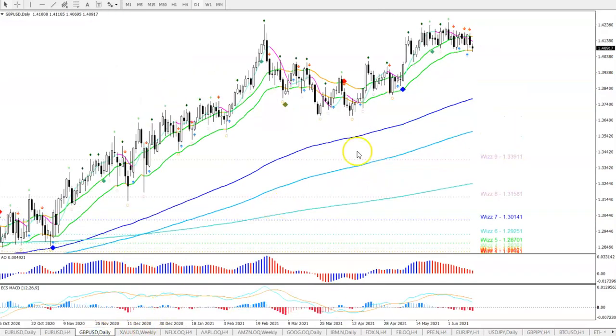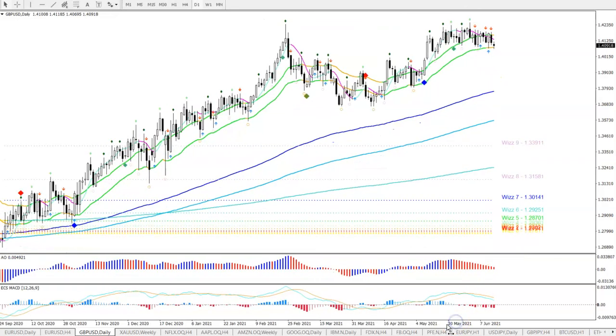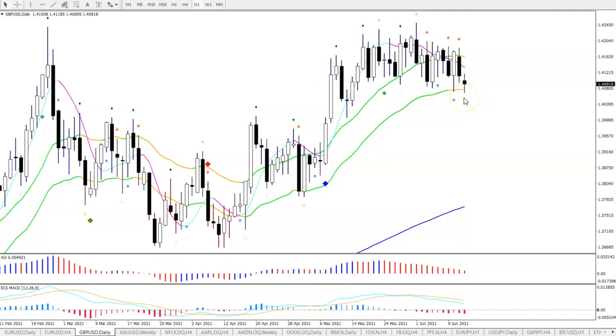All right, pound USD. It's going sideways, but we also have a double top pattern. Here in this case, I think a daily candle close has not happened yet, contrary to the euro dollar. So if we do get a candle close on the daily chart below the 21 EMA low, I would consider that a confirmation of a break to the downside. It hasn't broken this support trend line either. So a break below this support trend line and the 21 EMA low could also confirm that bearish swing,